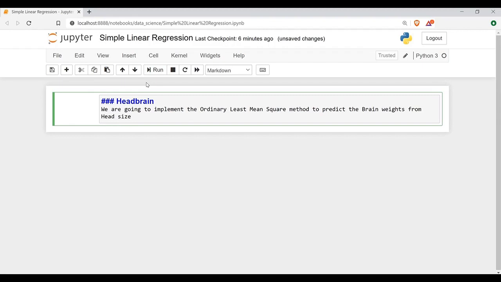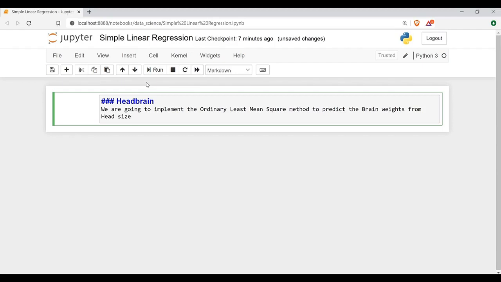There is a data set in which we have one independent variable and one dependent variable. As we are going to do simple linear regression, simple linear regression says that we should have a single independent variable, like it is univariate. Within our data set we have two columns, one is brain weight, the other one is head size. Head size is given in centimeter cube and brain weight is given in grams. And here we have to find out the weight of the brain based on head size.